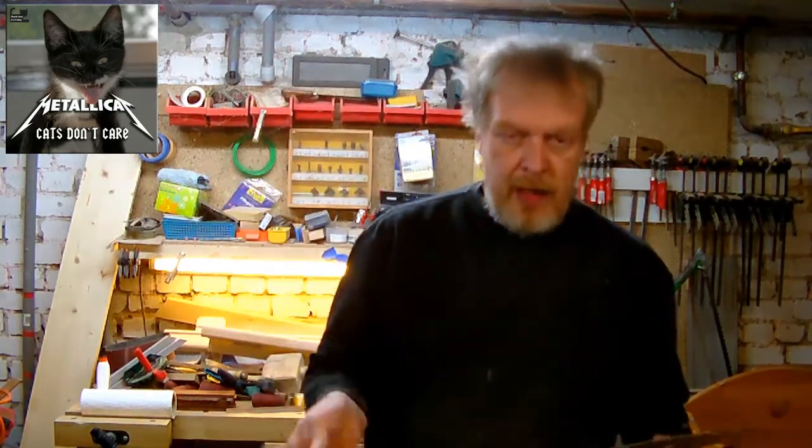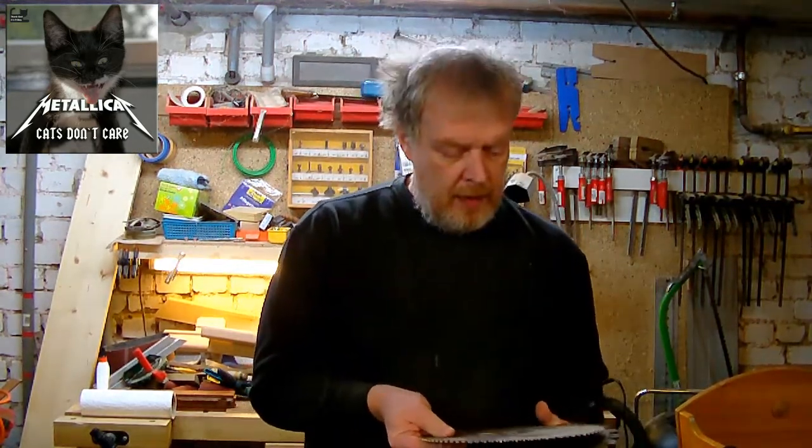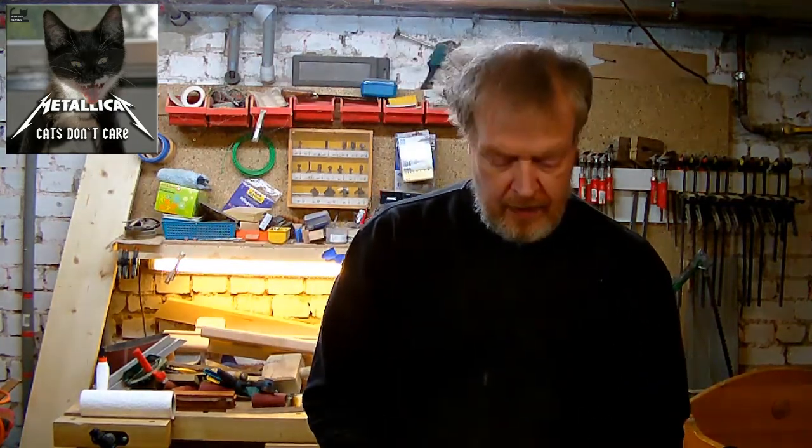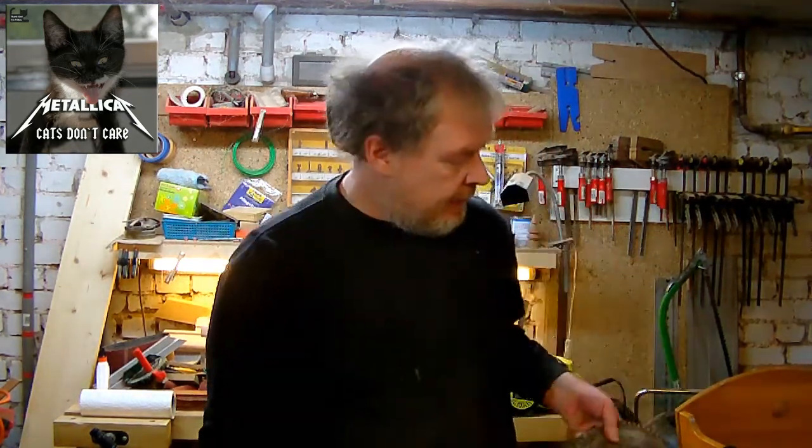And what I've got installed at the moment, it's a kind of multi-purpose blade, which is something in between these. And I know, well, this multi-purpose blade is working. Okay, for using it on a drill press,